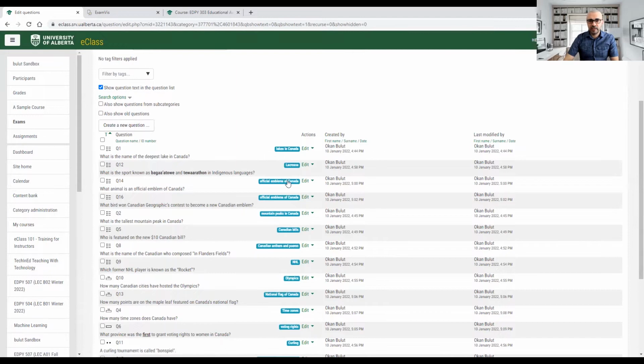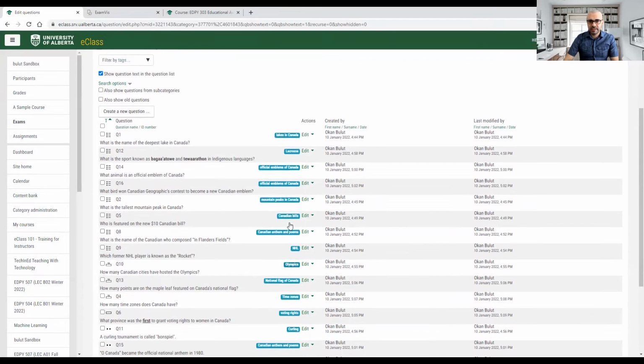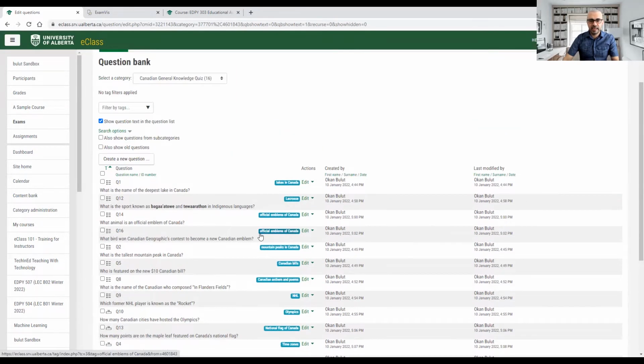As you can see, I did it for the other items. So based on this key concept, students will be seeing a list of concepts based on the questions that they answer incorrectly at the end.